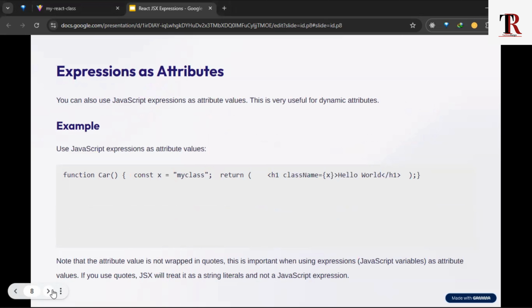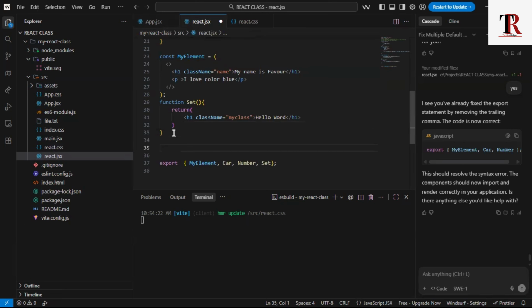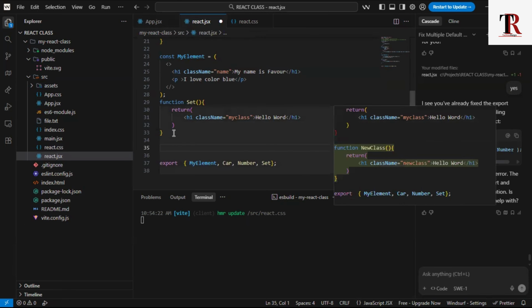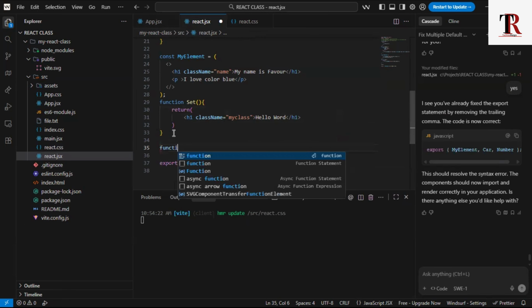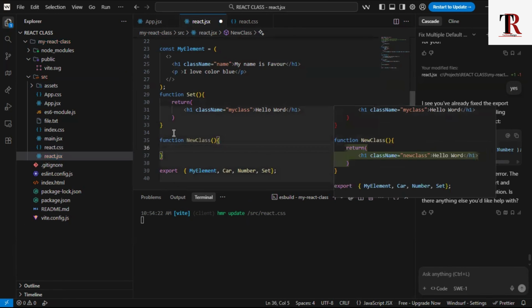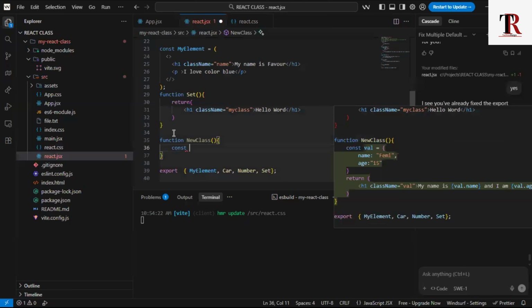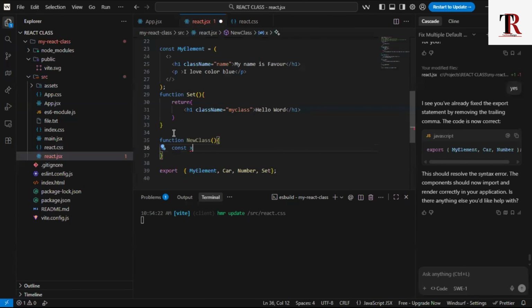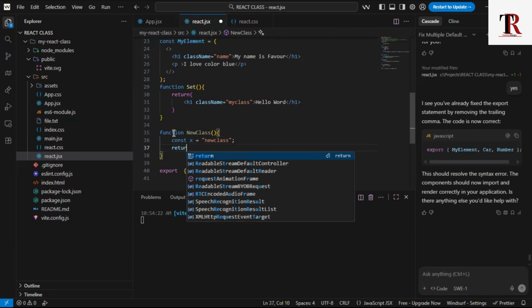Let's go to our example. So we'll create a function. We'll say function new class equals to const. We can call it x. X equals to, I want it to be called new class. Yep. And we would return the value, return